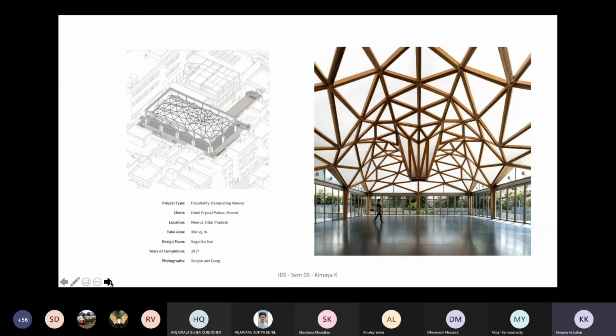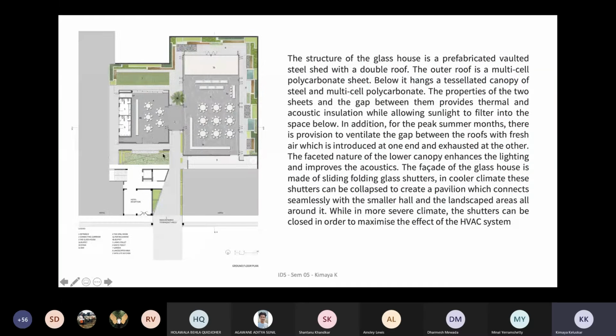This is another project in Meerut, Uttar Pradesh by Studio Tereza, which I liked, to do with the entire roofing system. It is like any other conventional wedding hall. The project brief was actually creating a banquet hall, and the architects have designed it in such a way. So this is the plan, wherein you have the entry on the right hand side, you have this larger building block, and on the left hand side, along with the toilets, you have a smaller dining area which is attached with two smaller spaces.